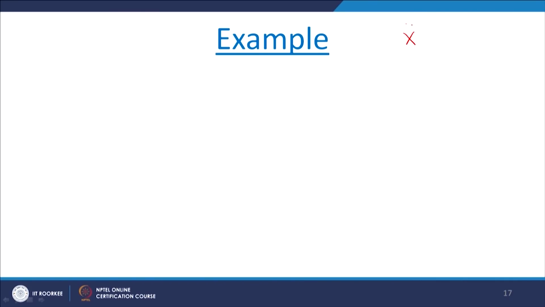Now we will see an example, and through the example we will see how to develop a state space model. One thing is clear: finally we require my model in terms of x dot equals Ax plus Bu, y equals Cx plus Du. This model we want. So in order to understand it properly, I am taking a very simple example that we have studied in the first year of electrical engineering, a simple RLC circuit. So I am drawing a simple RLC circuit.